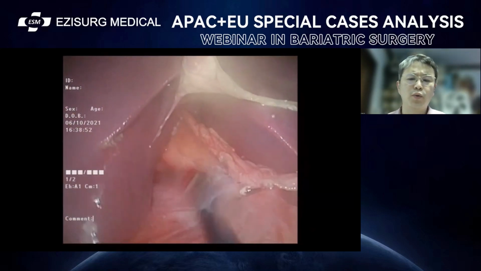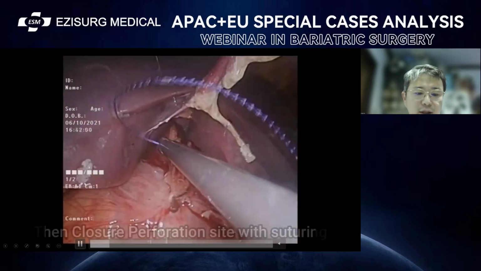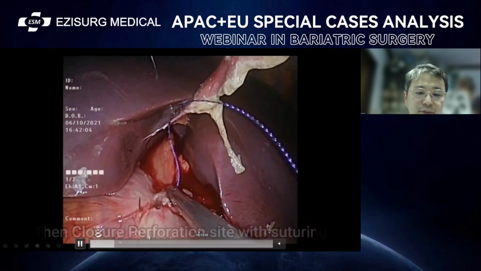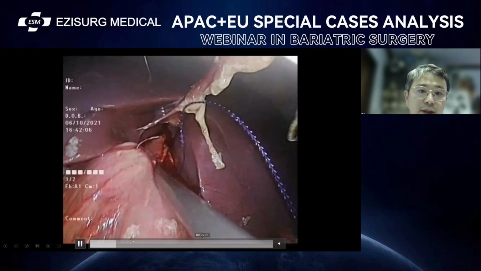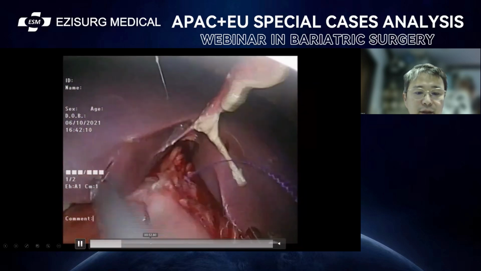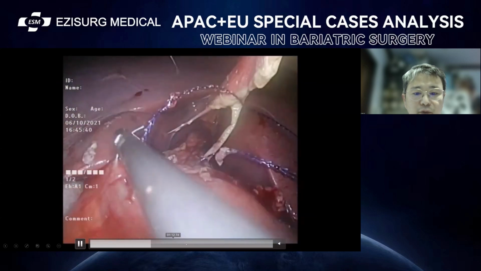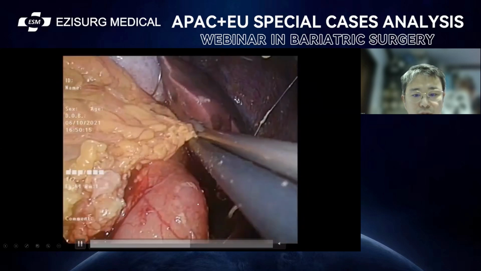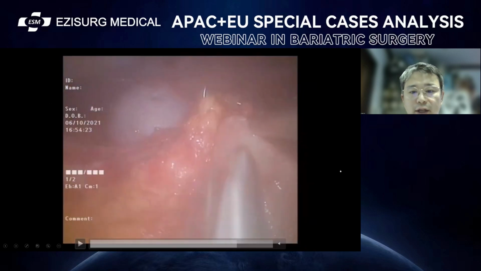We try suture or non-suture, the classical Graham patch or the modified Graham patch. We try to do the suturing, and then we put the omentum as a patch. So for this concept,